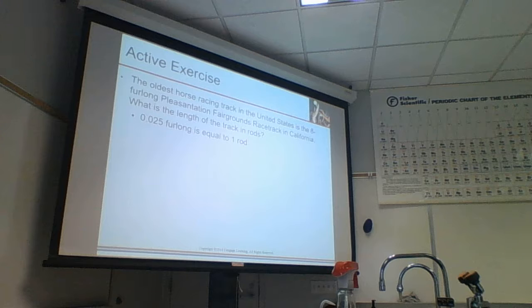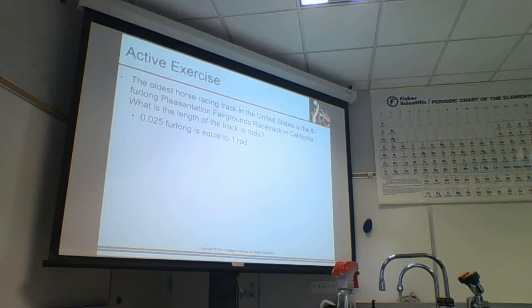This is the strategy in dimensional analysis. If I need to get rid of furlong, then I need something to cancel it out. So furlong needs to be in the denominator of the conversion factor so that furlong cancels out. But I have to relate furlong to something else. What can I relate it to? Rod. The relationship is 1 rod is equivalent to 0.025 furlong. So here I would just do 8 divided by 0.025, times 1. Then this should give me the number of rods that we're dealing with.